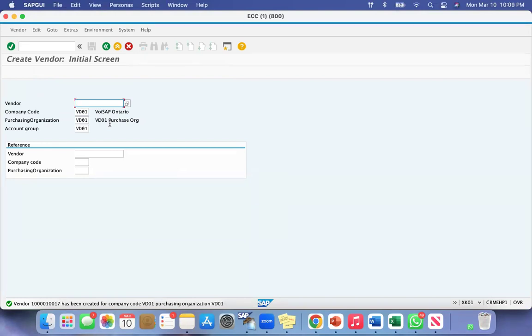Next is XK02, change some information for your vendor. Sometimes a vendor will change some details, like they relocate to another address, so they update us with the address, and we have to change the address in our system for our vendors. Name, they change any information, let's say phone number, email, address, name, banking information, payment terms, any changes you want to make in the existing vendor, we go to